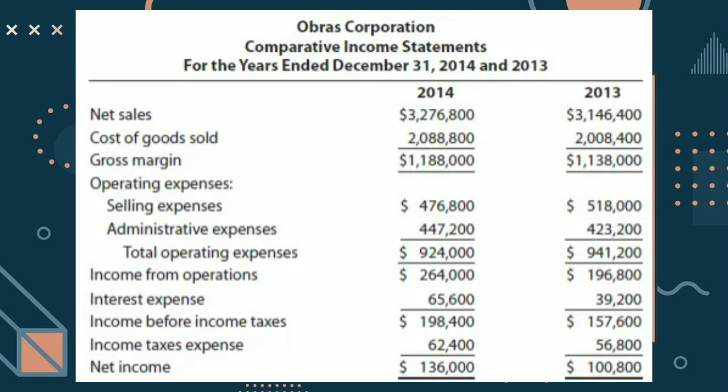So it means para makuha itong gross margin or gross profit, itong net sales na $3,276,800, i-minus lang natin sa cost of goods sold na $2,088,800. So kapag minus natin yan, ang magiging gross margin is $1,188,000. Yan yung 2014. Sa 2013 naman, makikita naman natin na mas mataas yung 2014 na $1,188,000 compared sa 2013 na $1,138,000 lang. Sa operating expenses naman, ito yung mga expenditures directly related to day-to-day business activities, excluding the processes involved